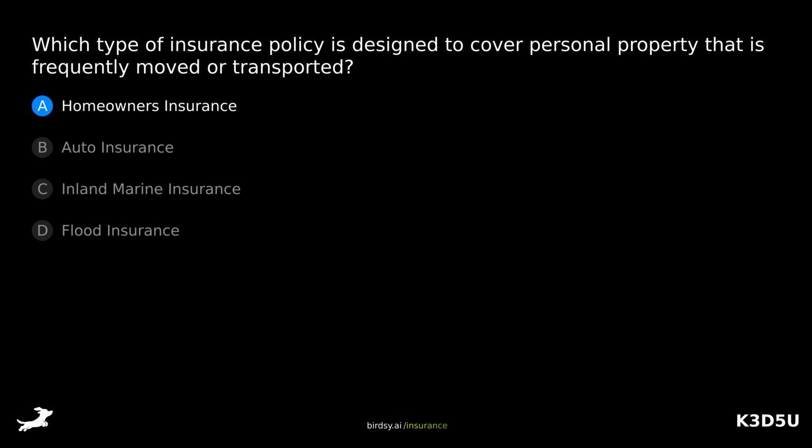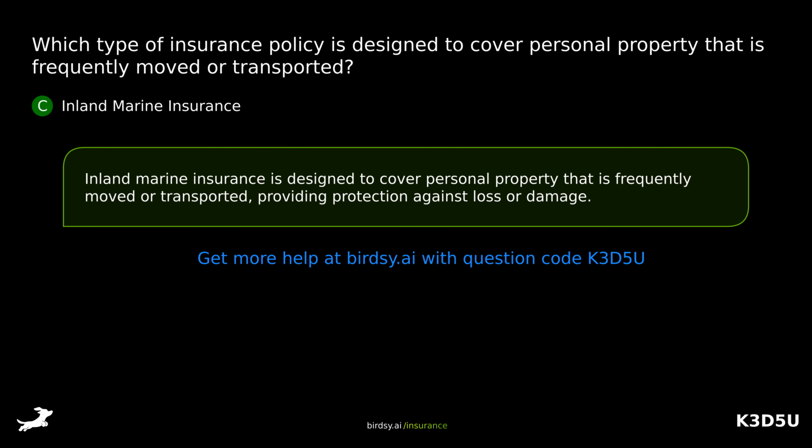Is it A, homeowners insurance? B, auto insurance? C, inland marine insurance? Or D, flood insurance? The answer is C, inland marine insurance. Inland marine insurance is designed to cover personal property that is frequently moved or transported, providing protection against loss or